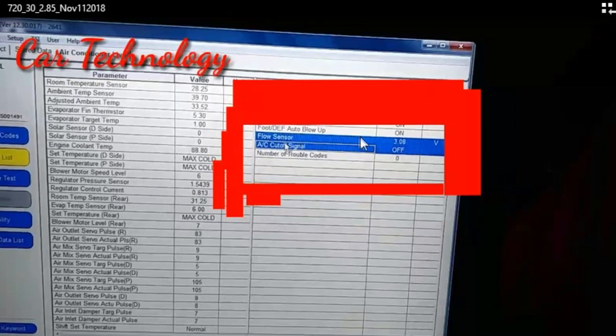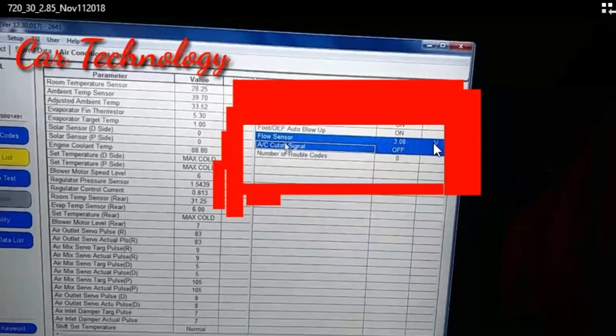The flow sensor is inspected by the voltage. If the flow sensor is normal, it is maybe 3.08 or more, about 3.0 volts or 3.50 volts, or 4 volts sometimes.